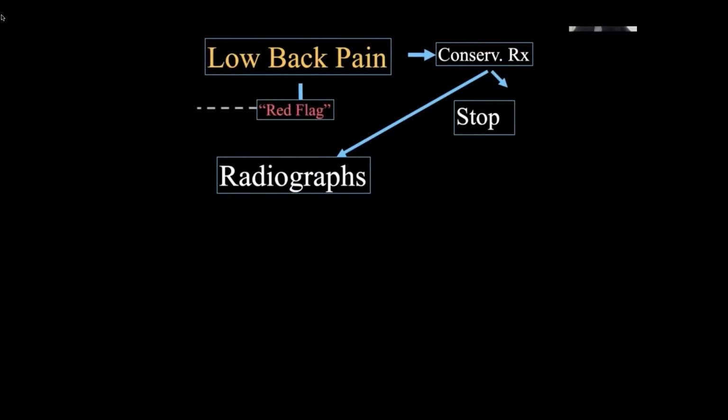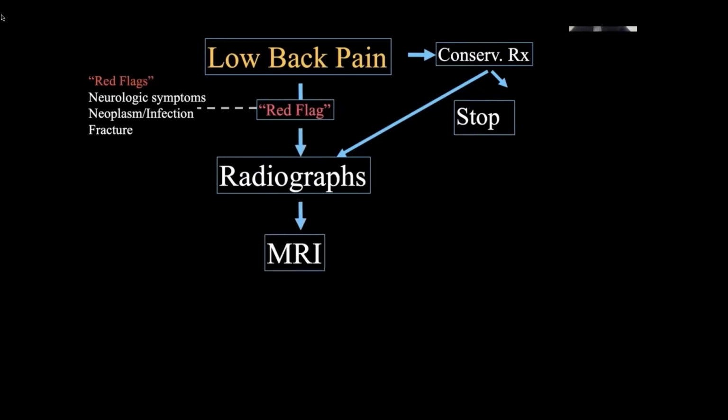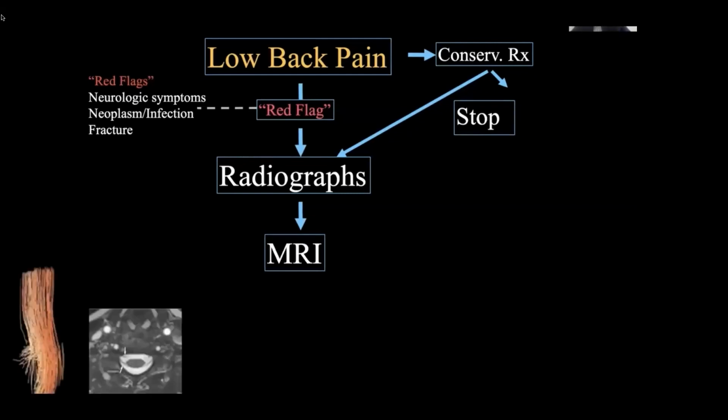course, you have a red flag. If you have any concerns that maybe this person has a neurologic deficit, if you have any features to suggest infection or neoplasm, or if you have a high level of probability based on their history that they may have a fracture, you want to speed this process along, and you want to get that cross-sectional imaging done. And really, MRI is our workhorse, and